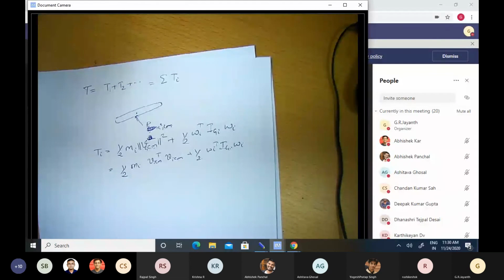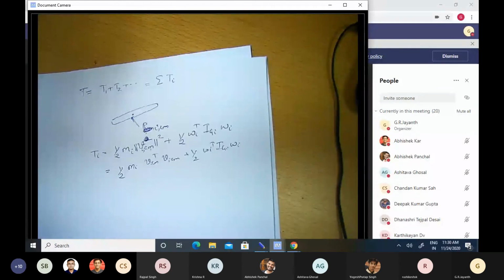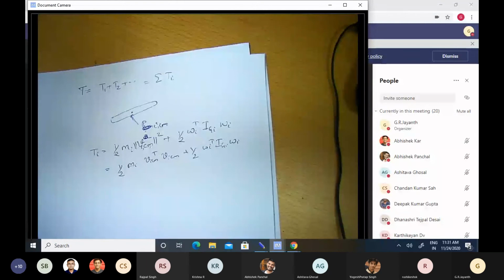As has been a constant secondary theme in our course, we have always sought ways to simplify the appearance of expressions. If I were to write down the expression for the kinetic energy as a sum of all of these things, it will look extremely messy. So what I would be doing next is to find a way to cast the expression for the kinetic energy in a simple form. Fortunately, it turns out that I don't need anything more than vectors and matrices to do that.